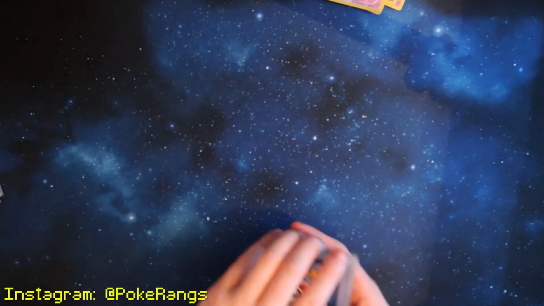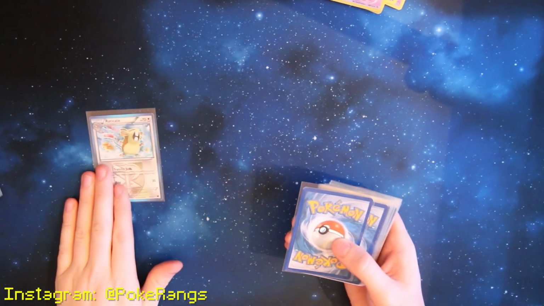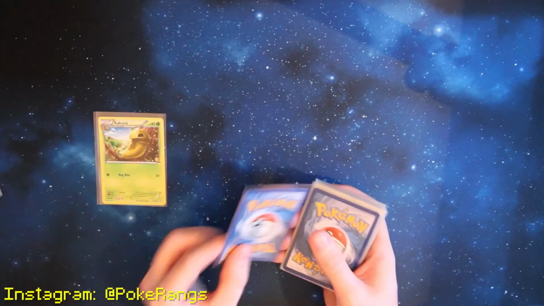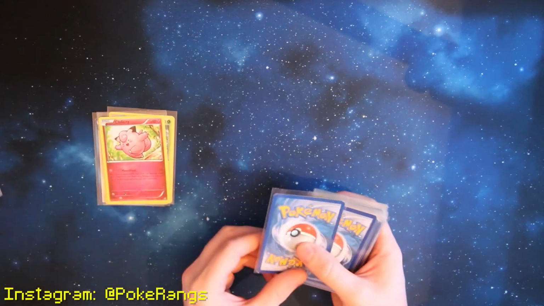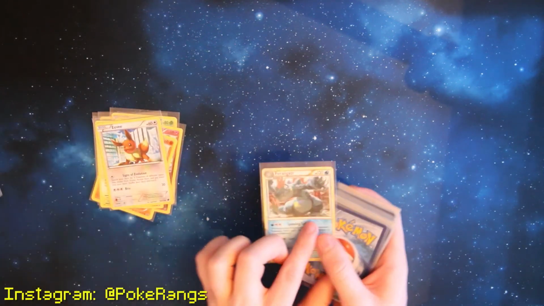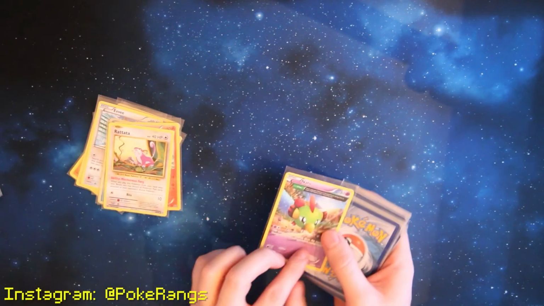Okay, so we have got Raticate. Just going to refocus so the cards that I put down on the deck here are going to be a little bit easier to see. I'll take that out there because that's going to bug me. We've got Kakuna, Kakuna again, Clefairy, Machop, Voltorb, Eevee, Feraligatr, Chimchar, Rattata, Natu,